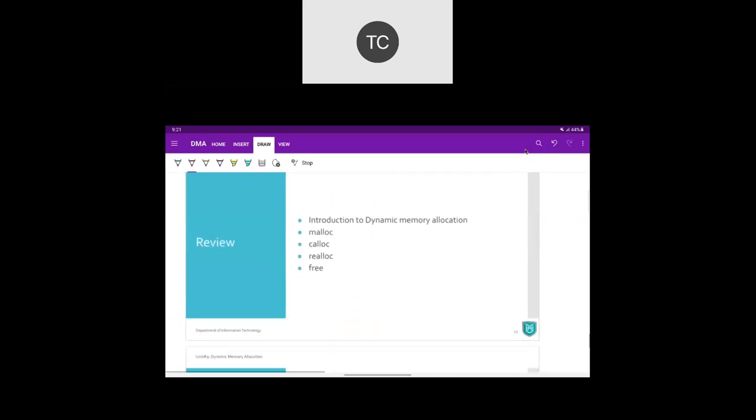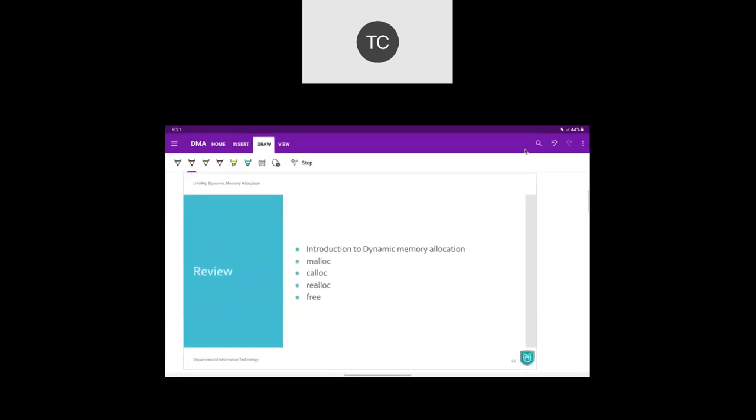So we have seen all these functions: malloc, calloc, realloc, and free. And that's what the dynamic memory allocation part is. Now we will need dynamic memory allocation once we start linked list in data structure. So let us also see one program on this. In this lecture, we are just going to have a look at dynamic memory allocation. We do have one more lecture today, and in that lecture, we will start our data structure journey.